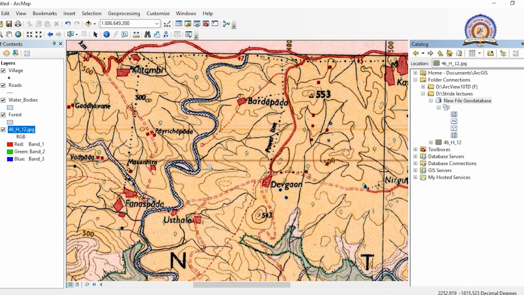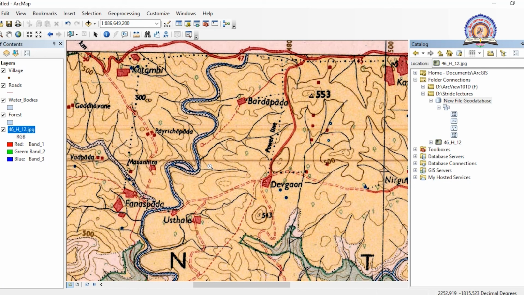But one important aspect: before creating or before editing, first of all, we have to georeference the topo sheet. So in the next lecture, I will be showing you how to georeference the topo sheet and how to create a digital layer on that.